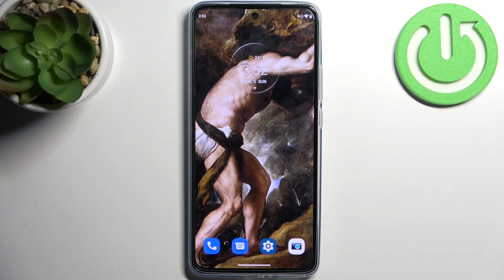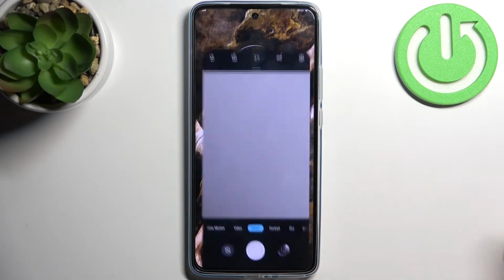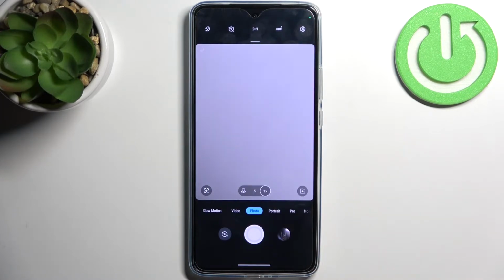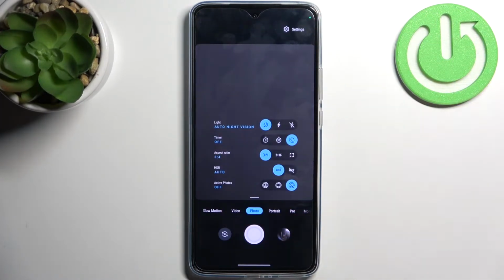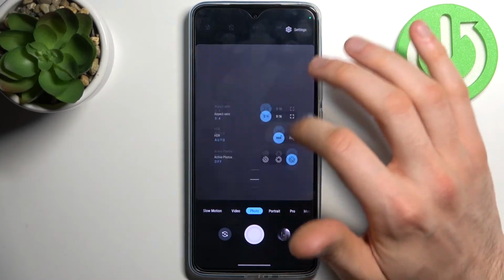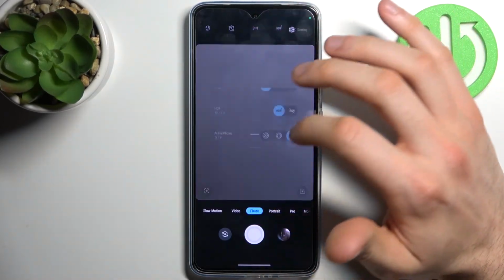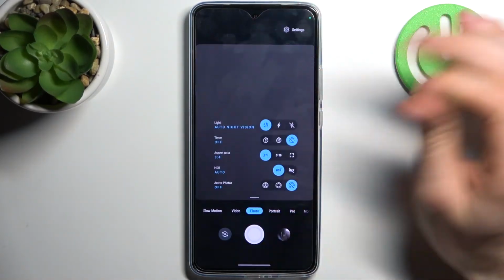Here I have Motorola Edge 30, and today I'm going to show you how to enable active photo or live photo or motion photo, call it as you want. On this device it's called active photo, but I think it's more known as live photo. Maybe I'm mistaken. So to do this you just have to summon this panel by swiping like this, and here